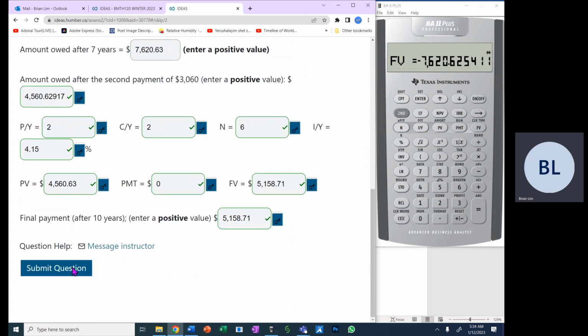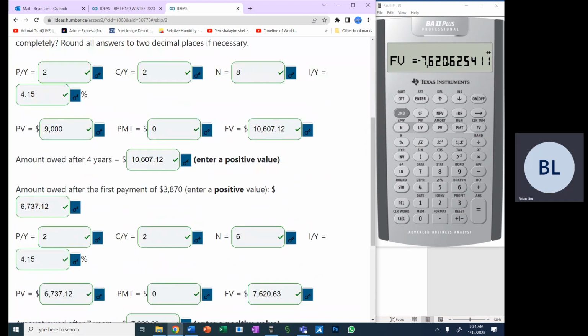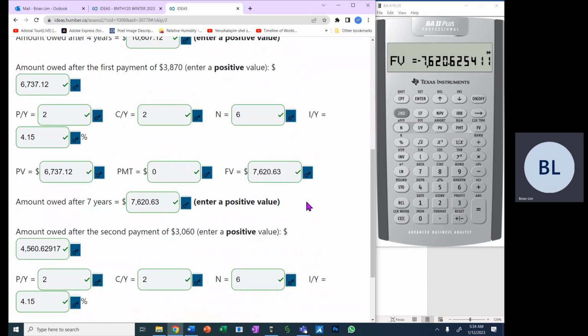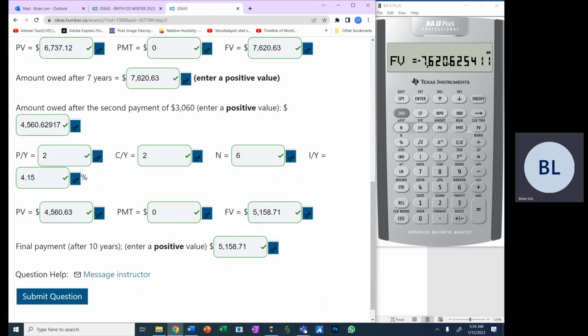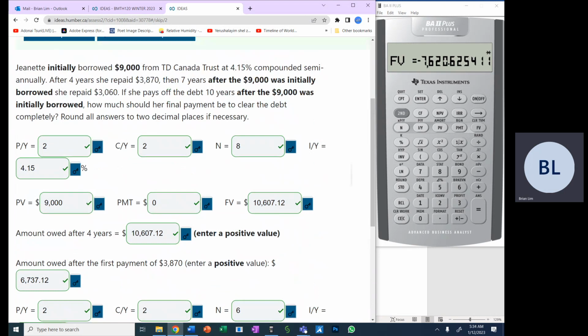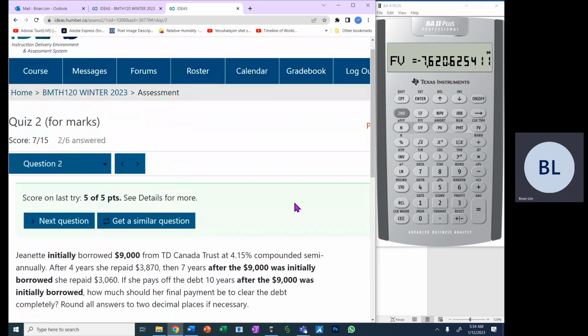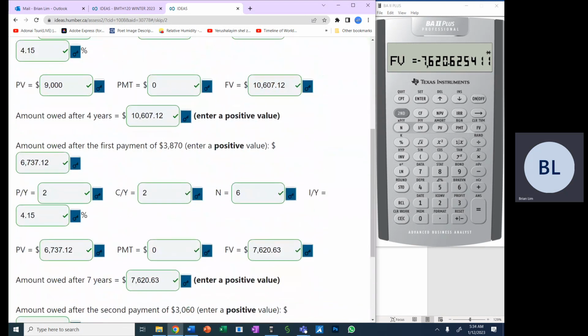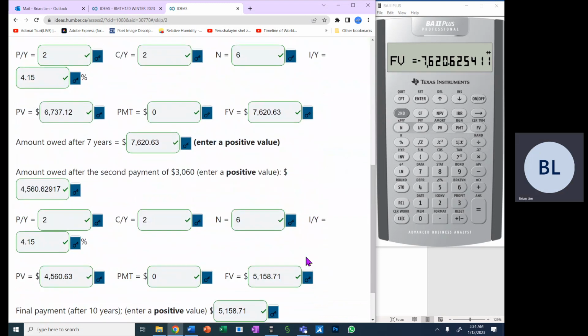So let me go and submit. And it was the second part that was wrong. These were the incorrect answers right here. Okay, so if this is incorrect, this would be incorrect. And that is very good. So I will conclude here. And the next time we meet, we will continue with the rest of quiz number